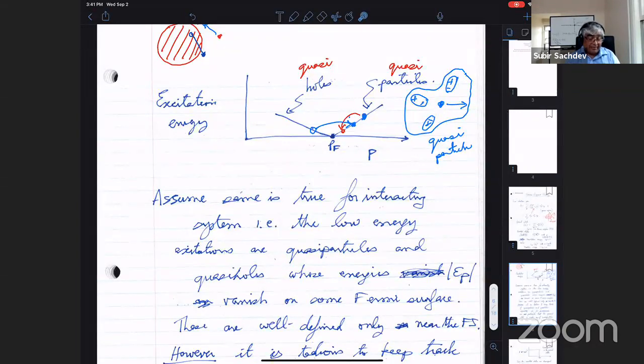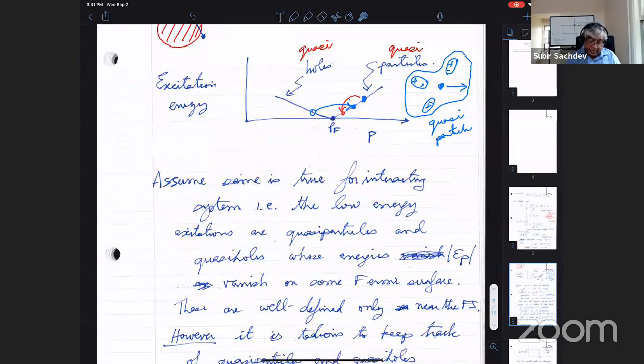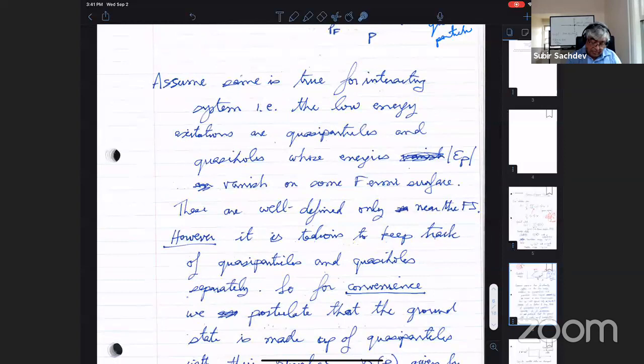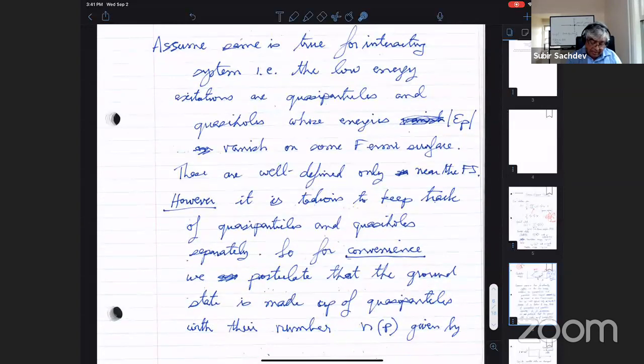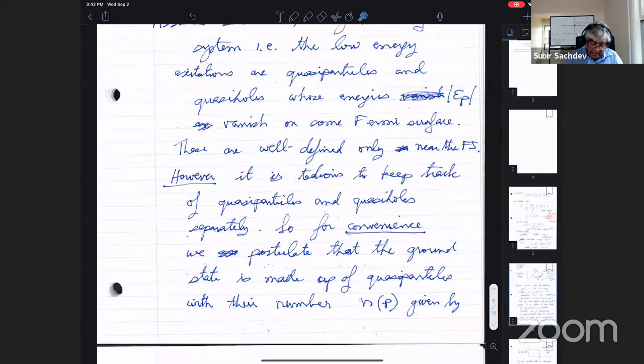But there's a trick. It's just a mathematical trick. It's not something physical. It allows you to keep track of which is a particle and which is a hole in a more simple way. So this is just a convenience. We postulate that the ground state is also made up of quasi-particles. I mean, quasi-particles really had to do with low energy excitations. But let's just postulate we think of the ground state made up of quasi-particles with their number n of p